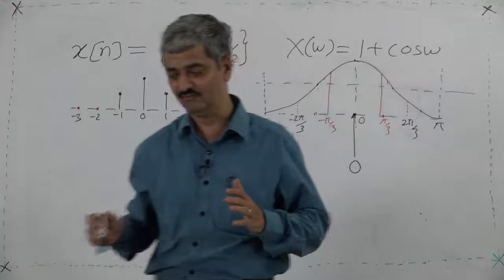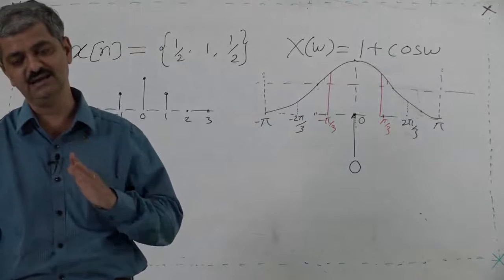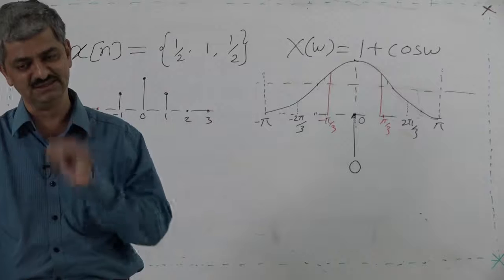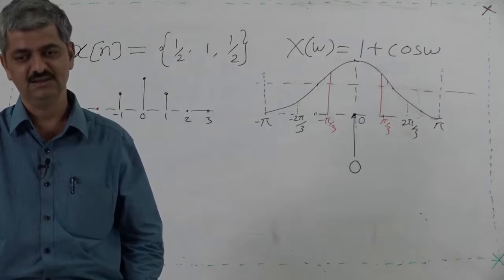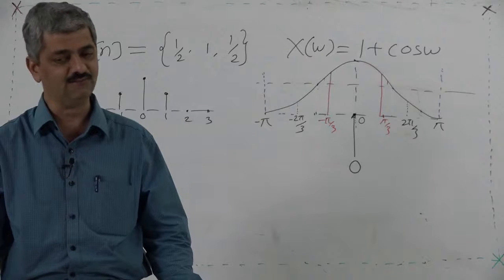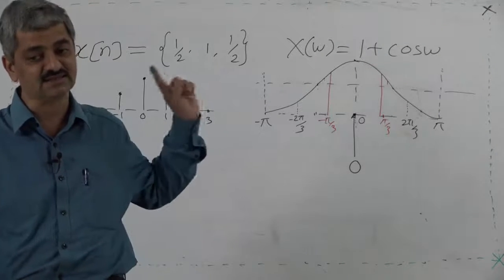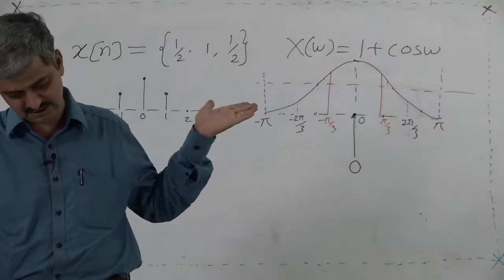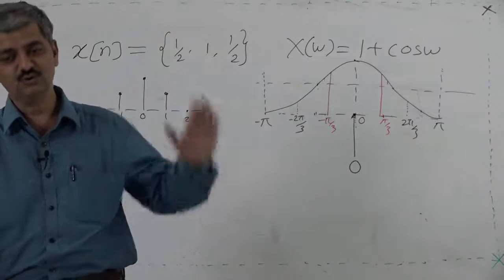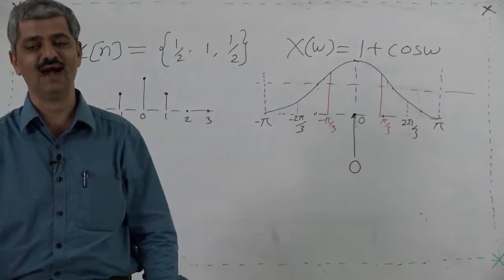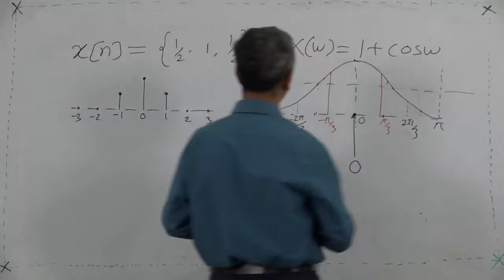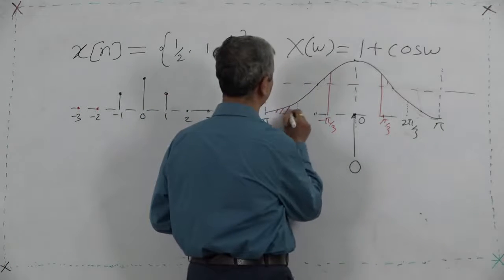Understanding infinity is not so easy, but we can understand some finite things. So, now listen very carefully. How to interpret DTFT? Once I find the DTFT, in this case it is a real number. In case of some other thing it will be a complex number, but that also we can do very easily. So, this DTFT I divide into an odd number of equal parts. Then I compute the area of each part.